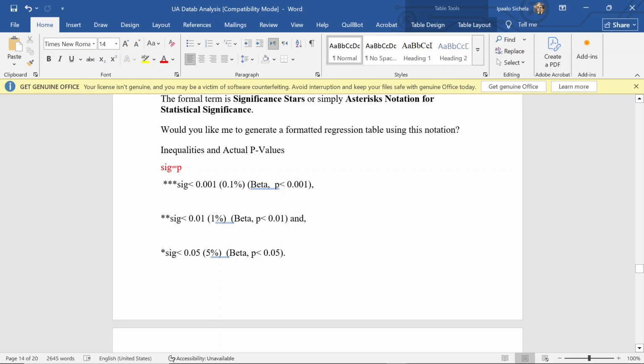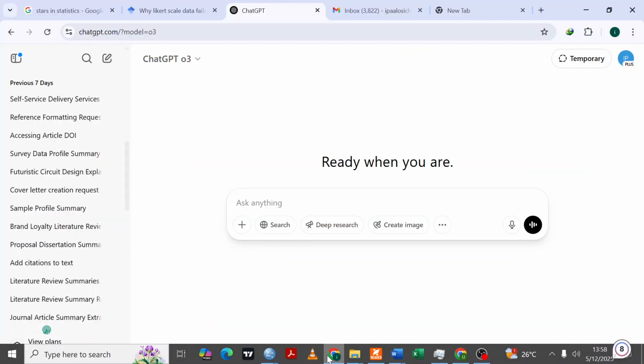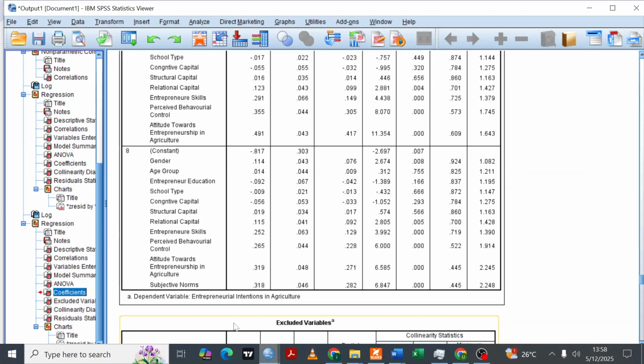opt for inequalities like this. So this is the beta. This is how you show it in maybe a paragraph. Or the best way of showing it is using the actual p-value. The actual p-value there is 0.000. This is the most transparent and scholarly way of showing the p-value, using the actual